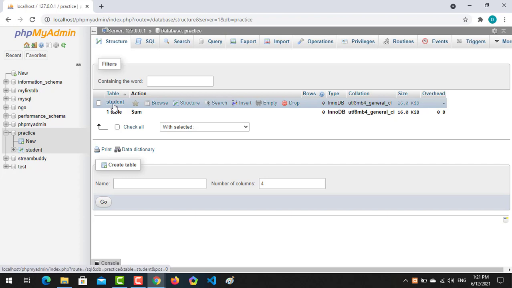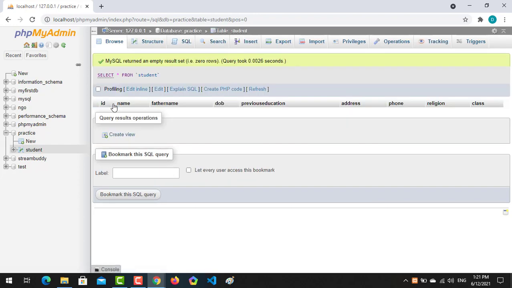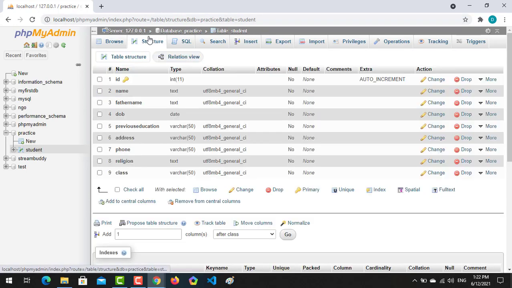When I explore it, it currently shows that there is no record inserted into it, but we can insert records according to our need. The columns are named ID, name, father name, date of birth, previous education, address, phone, religion, and class. If I click the structure, we will see what we have assigned.